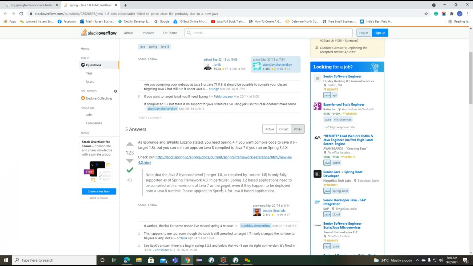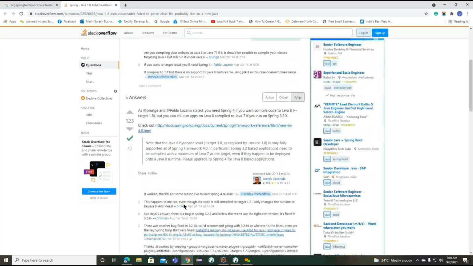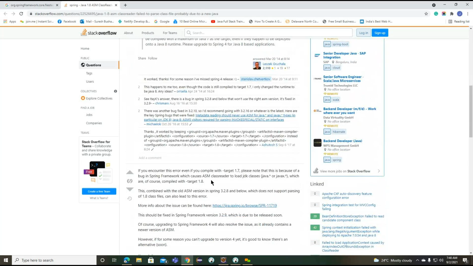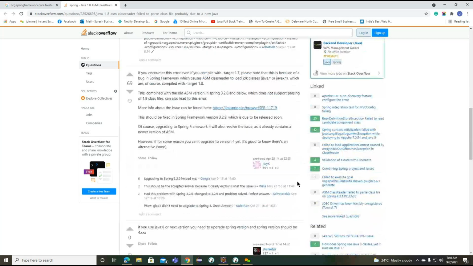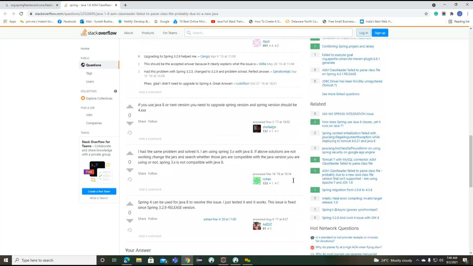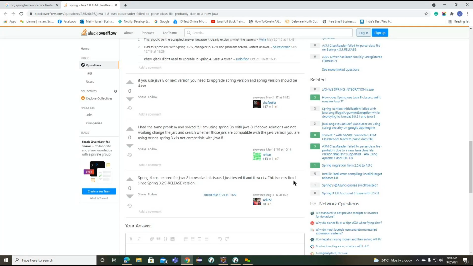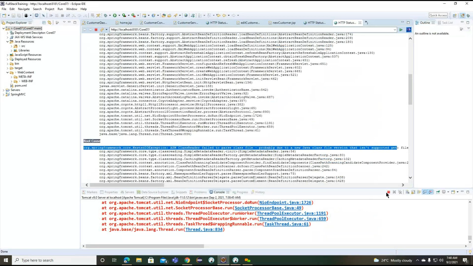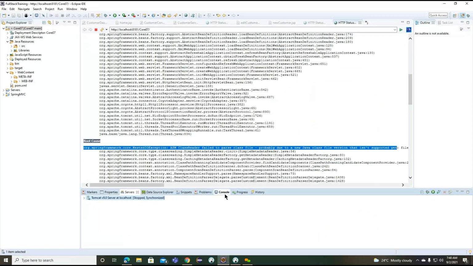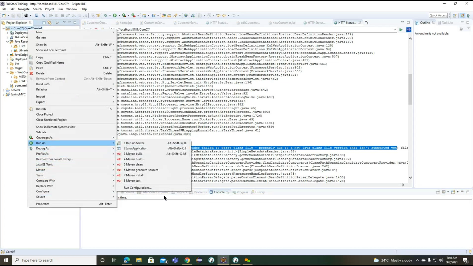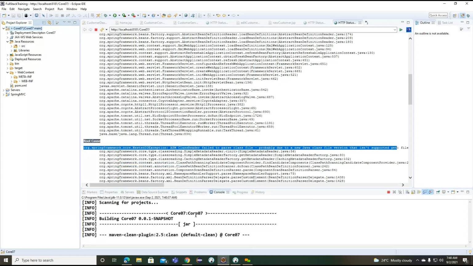You need to compile with Max and Java 7 as a target if they have not been deployed. Okay, so we identified it is because of 1.8 here, because we are working on the Spring 3 version. Java we are working on the 10 version here. So maybe it is not supporting. Okay, anyway, we'll clean up and we'll build our application.